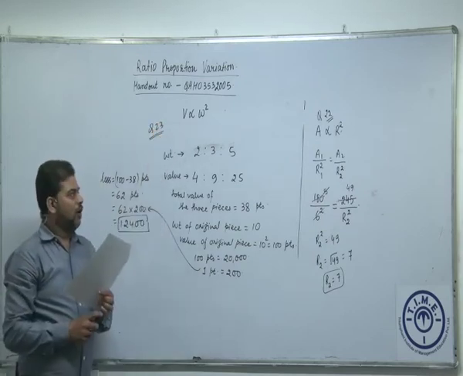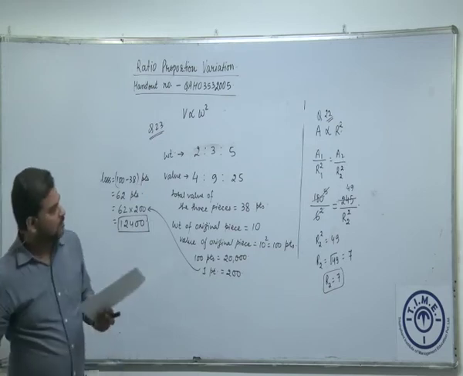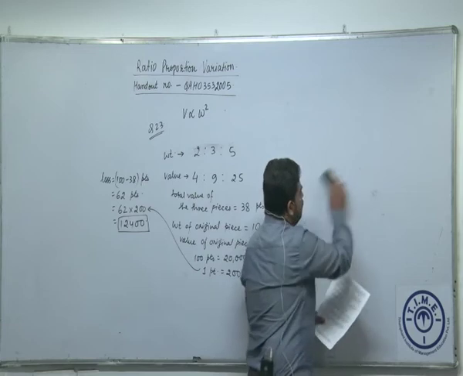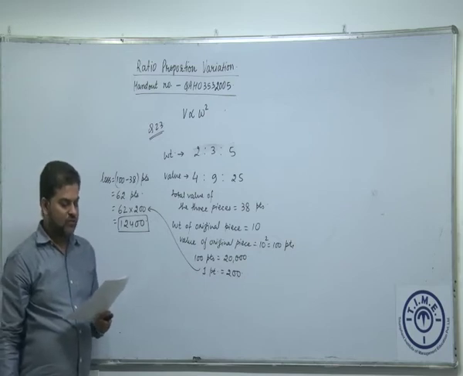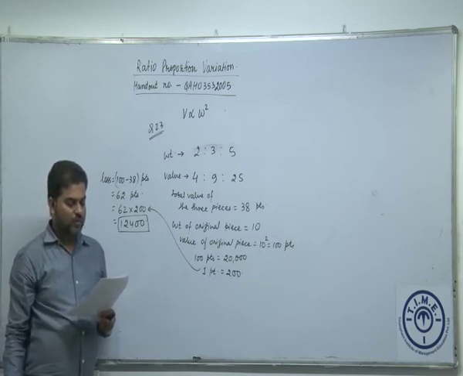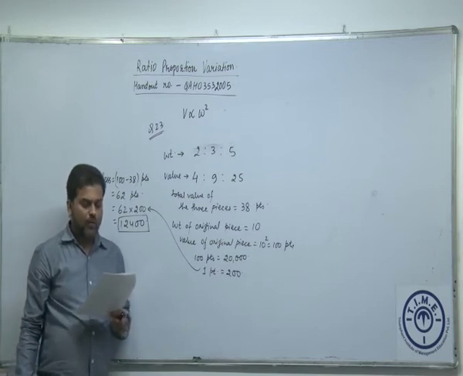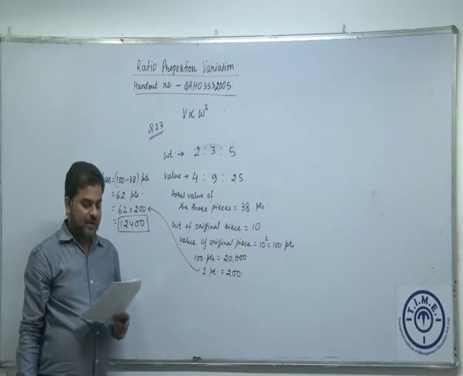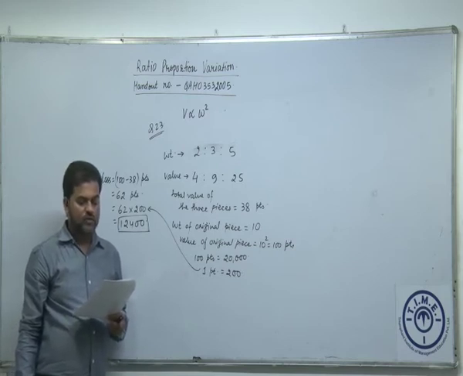Okay. Now let's look at the third example. Let us try question number 24. So let us read that question. What does the question say? It says the total expenses of a hostel consist of 2 parts. One part is fixed and the other part varies directly with the number of occupants. When it had 180 occupants, its total expenses was 1,92,000. When it had 240 occupants, its total expenses was 2,16,000. Find its total expense when it had 270 occupants.